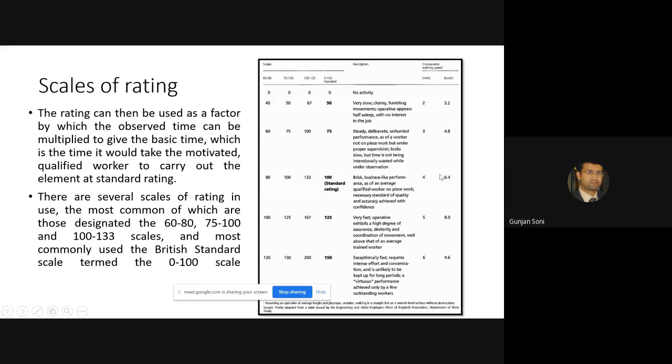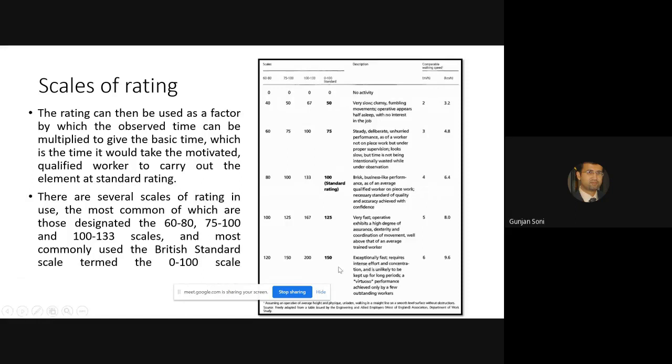It's not that he has to walk long distances, but even for movements on the shop floor, his walking speed would be somewhat like this, and it has been established with a lot of observations by ILO. There are other scales as well, but this is the most popular one.